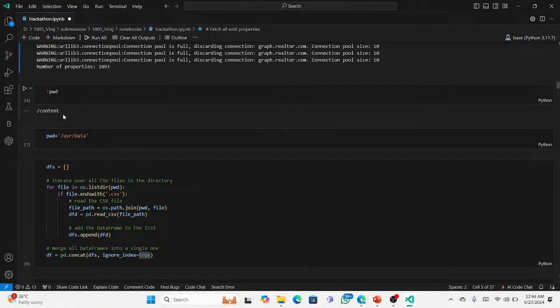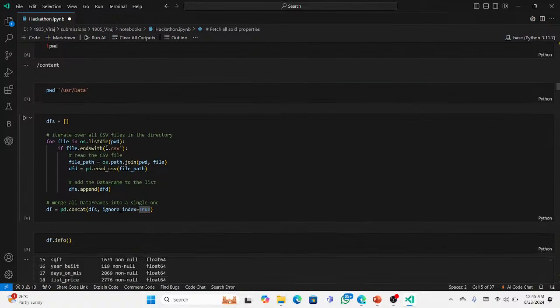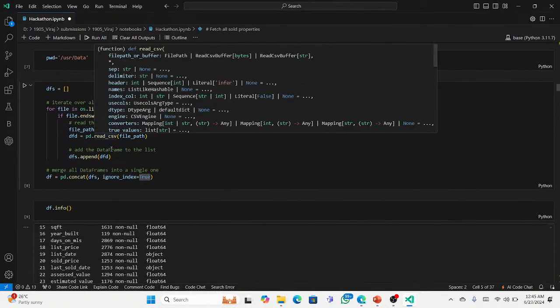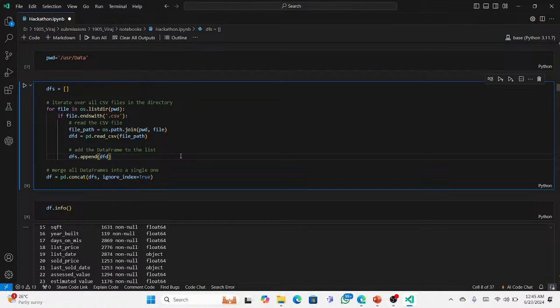I'm just making use of the user data to store all my data. And on this, what I'm doing is merging each and every CSV file we are going to have. We don't need to manually encode it, or have hard coded methods to select all the CSVs. We just need to pass the folders, and it is going to select all the CSVs in that folder, and it's going to create a data frame